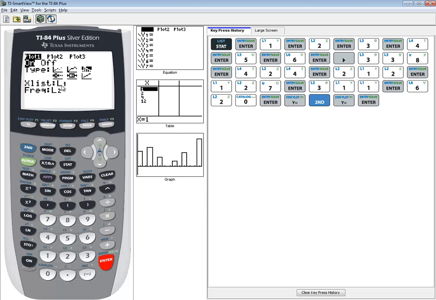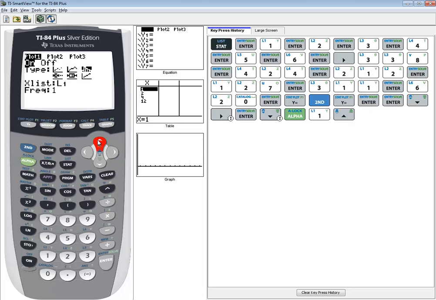Now I've already played with this before I got here. I wanted to select On, so I'll get my flashing cursor on the On, press enter one time, then down arrow to the type, and I want to make sure I right arrow over to the bar graph one. Press enter on it. Now I get down to X list, and yours should say L1. If it doesn't, you do a second 1 to change it. When I get down here to frequency, what it did say is number 1. Now I want to put in L2 because that's where I put my frequencies. So I'll do second 2